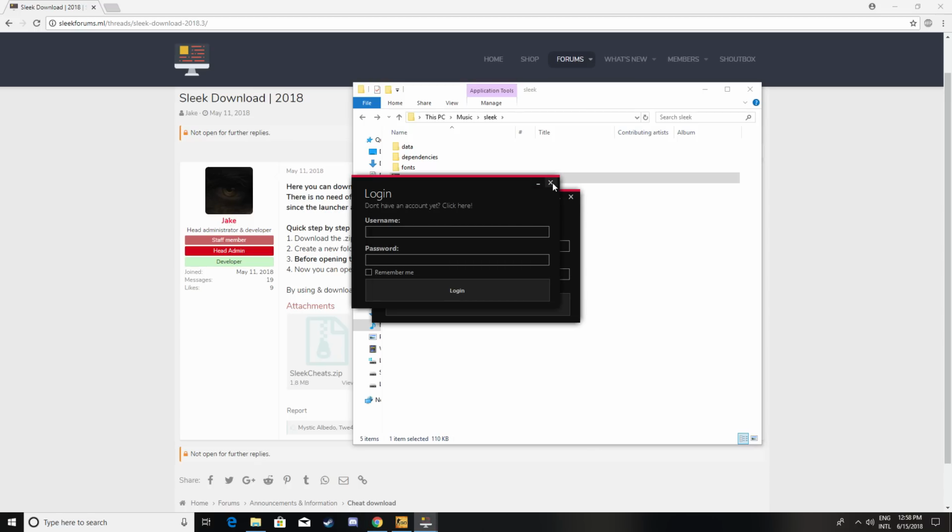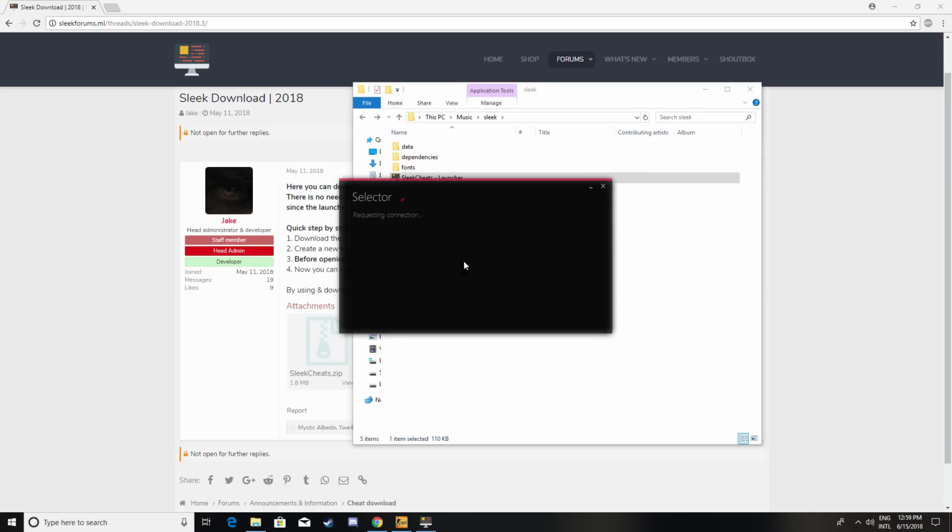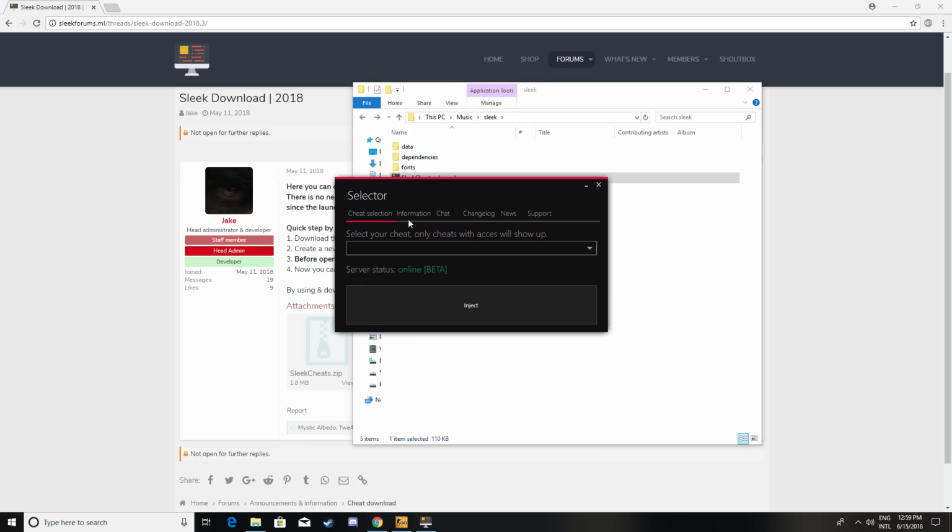So it brings you back to the login page. So now just enter your credentials. You can click remember me if you want, and then click login. And it will redirect you to the selector. There you go. And when you go to information, it should say injector version latest, client version latest, and confuser